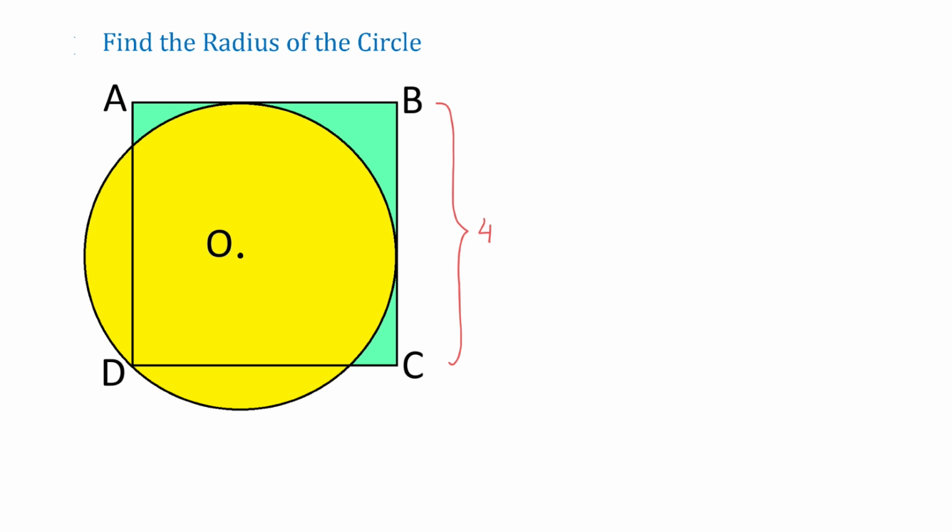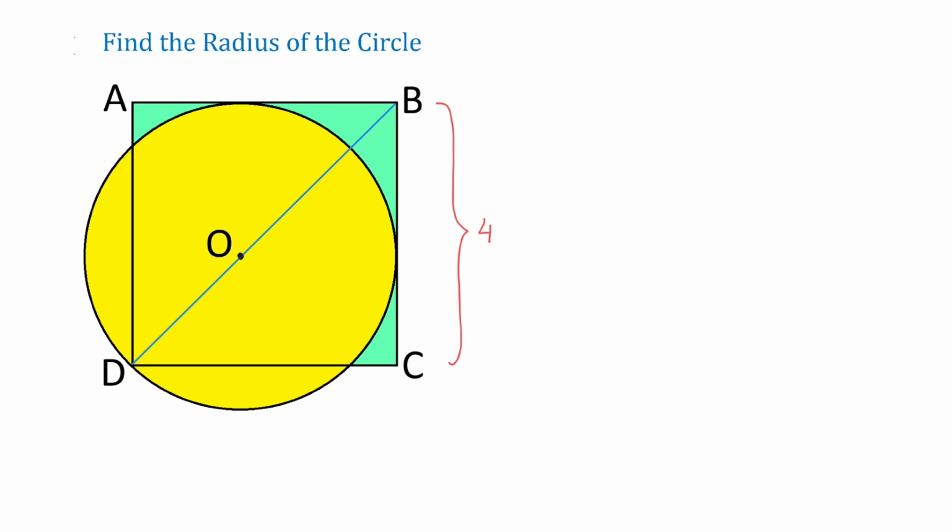To solve this problem, first we will draw the diagonal DB. This diagonal passes through the center of the circle, and to find its length, we will use the Pythagorean Theorem. So in the right triangle BCD, we will write that side DC squared plus side BC squared equals the hypotenuse